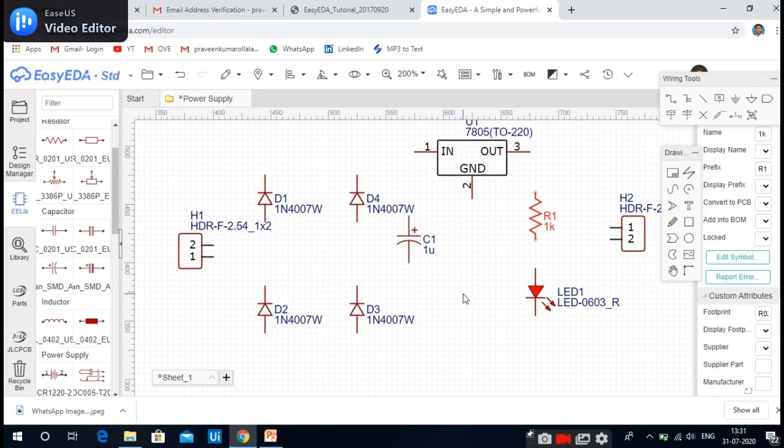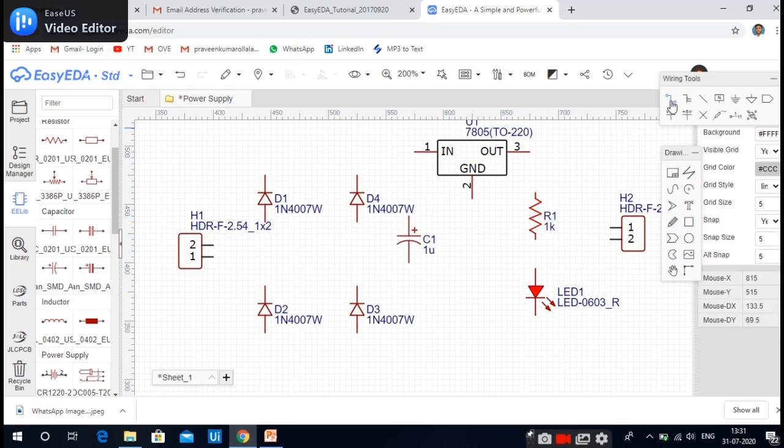Okay, so from the wiring tools I am selecting this first option, wire. I am just placing it at one terminal of the diode, and at the other terminal I am clicking here. No need to drag here also, we just have to point there and click, then directly it will come along with the mouse.